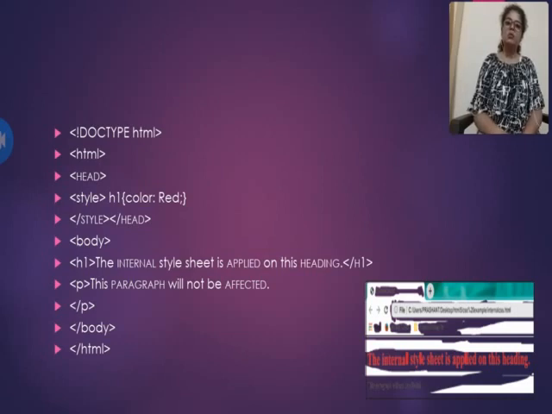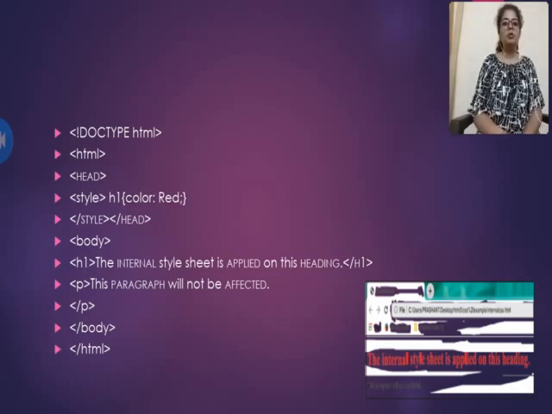Now the next thing is what we have to do. For example, I want to apply color on the heading tag. So again I have to use the CSS rule, which means selector, property and value.